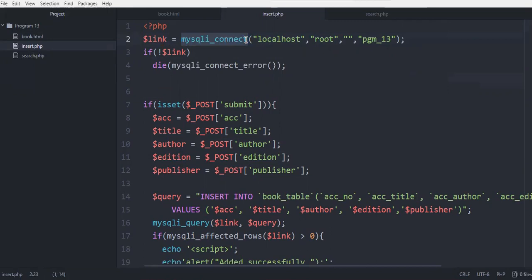We know this particular function takes 4 arguments. First one is the server, that is our host, localhost. Then the username, the password, which is blank because we have not given any password, and the database name. Now the database name that we have given in the database is program13_db.